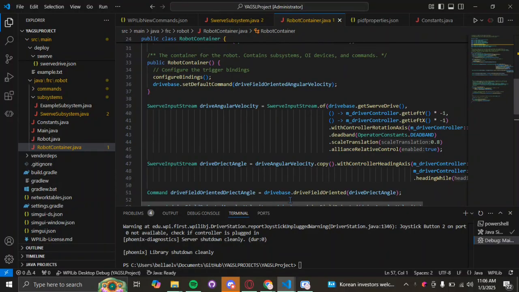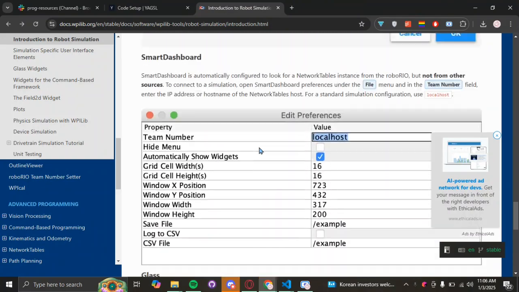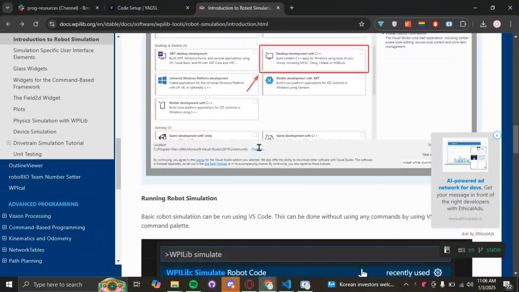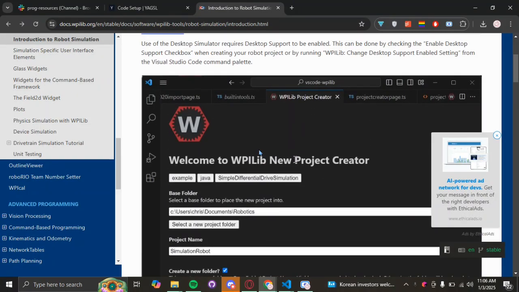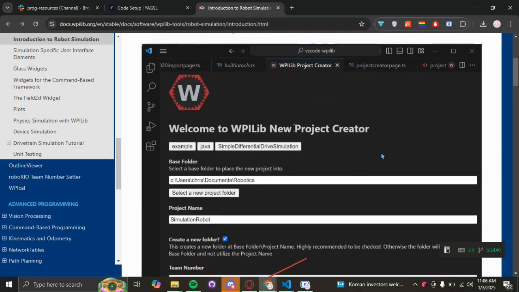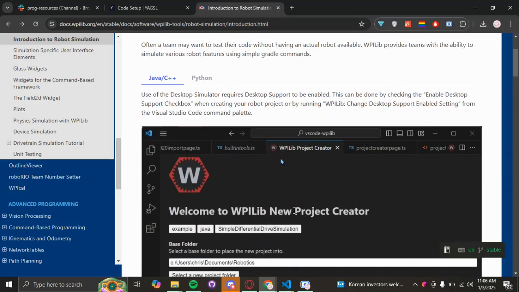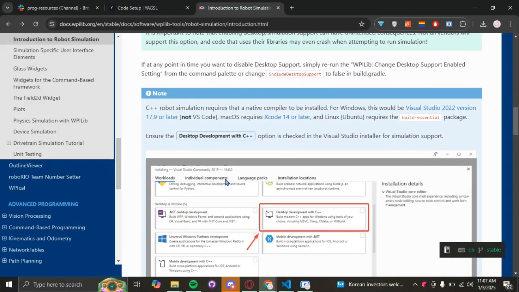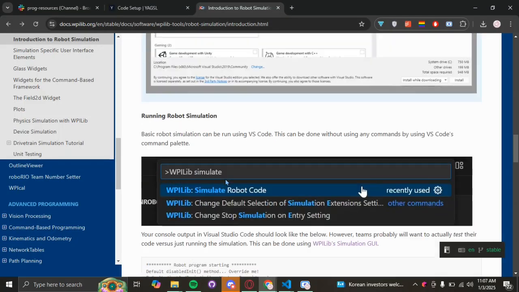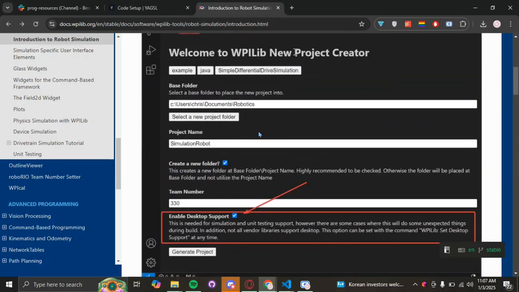So how do we start with getting our simulation? Well, first things first, I recommend always pulling up the documentation on the side, just so you can follow along as they explain things in more detail. They probably add more things about stuff that I don't talk about, but the first thing they say here is going to be